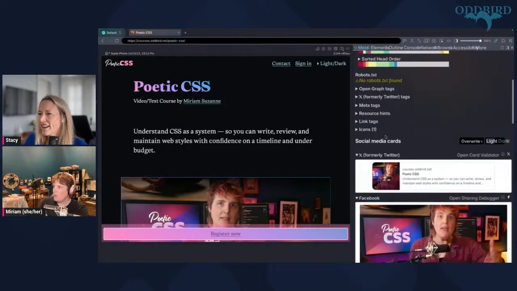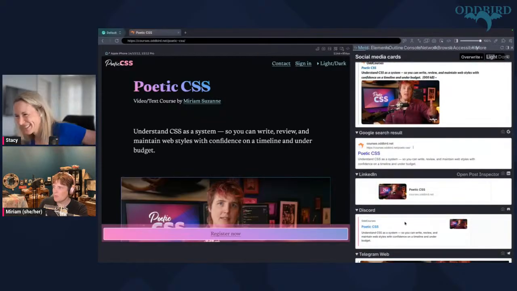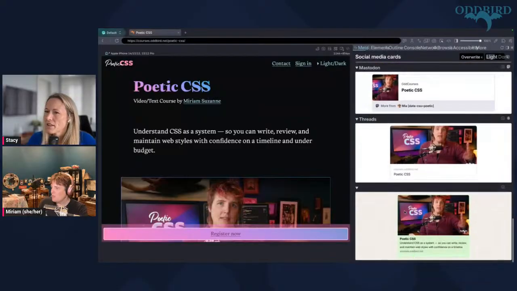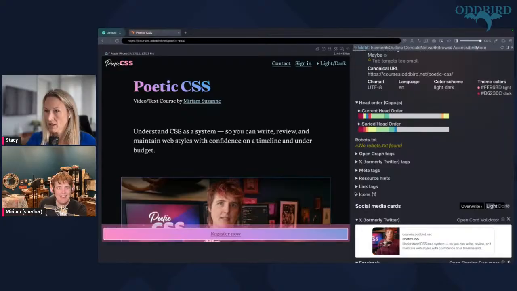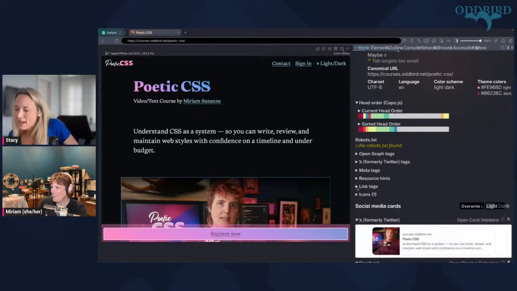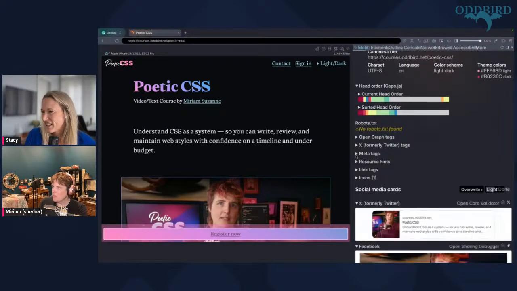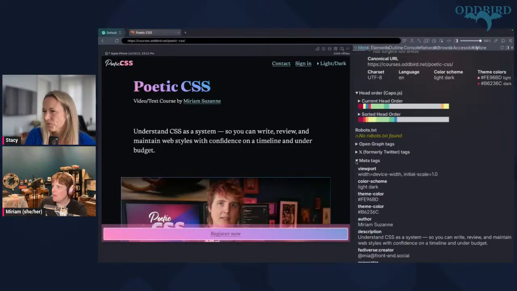And then also social media cards. This would be so helpful. I came through here to make sure that all of the social media metadata was in place and working correctly. This would be much easier than what I do, which is go and post a post on all of those platforms and say it's only for me, and then I go and delete it. Wow. I'm a big fan. There's so much information in here, like what fonts are being preloaded, all of that. So yeah, highly recommend checking that out